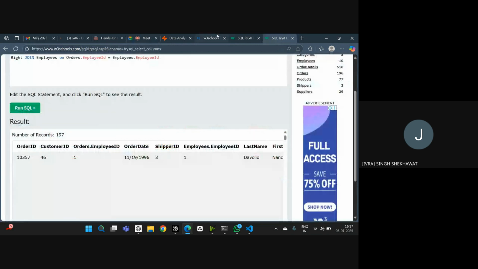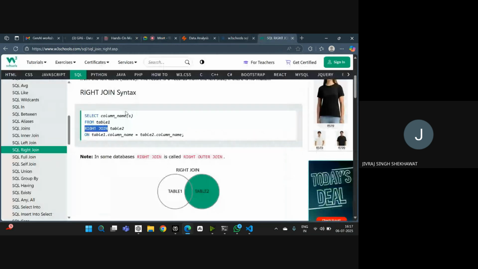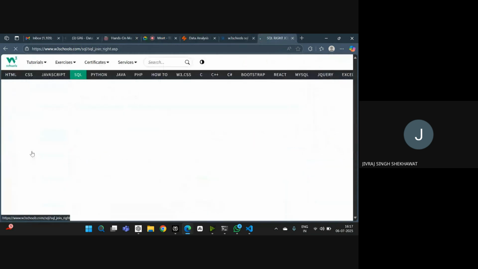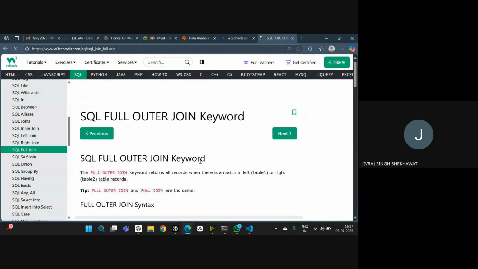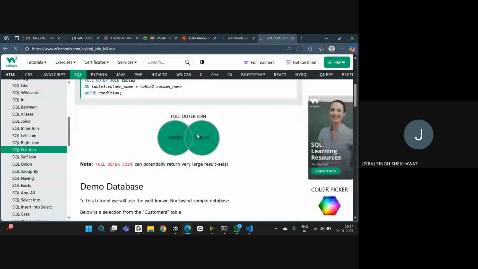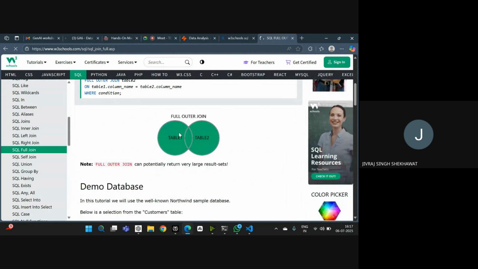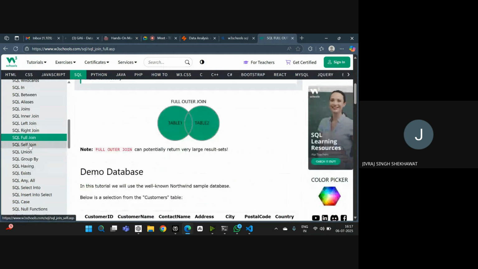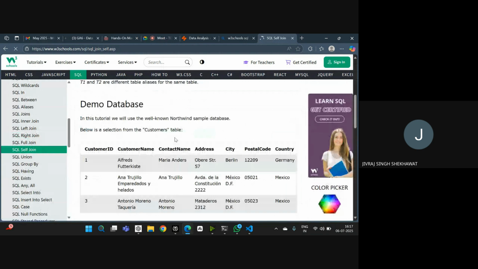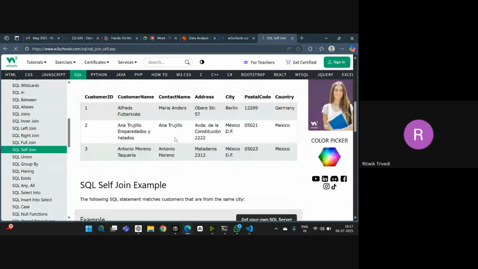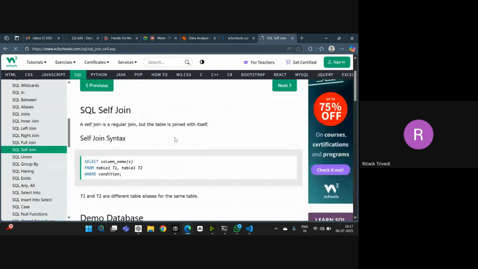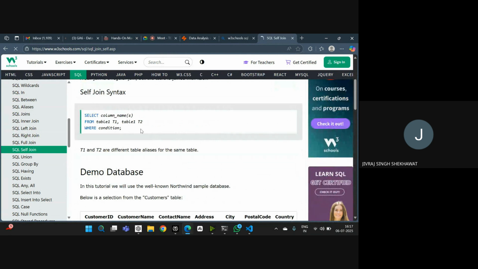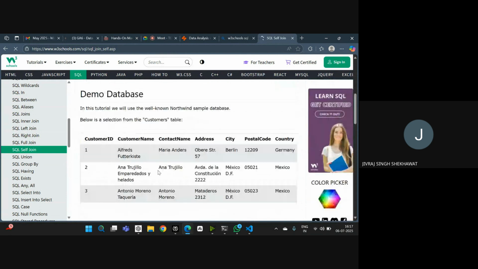Okay, that was about SQL joins. Then a full join is where you get everything from both of the two tables. This has this whole part. What is a self join? Okay, that is if you want to join the table with itself. So you put two conditions, then you